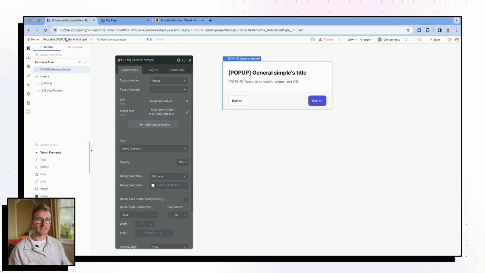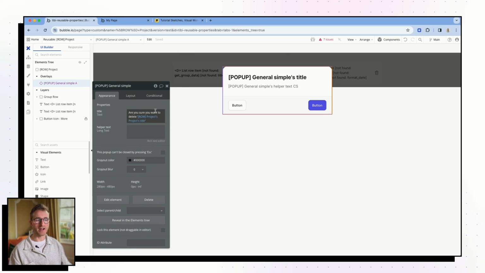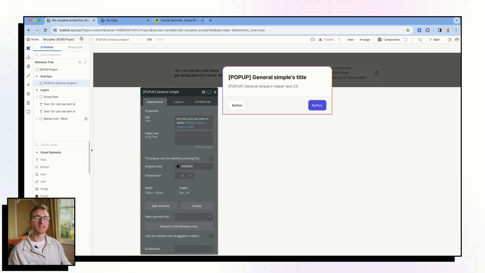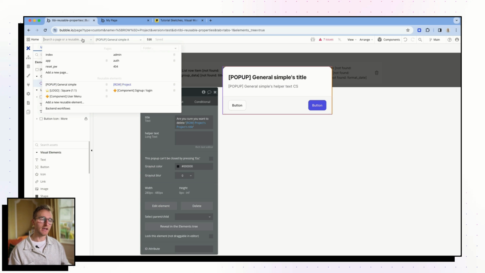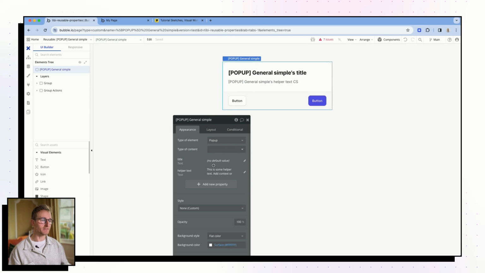And the other reason really is that if you did have your row project here, then as I said, you just define the dynamic value for the thing that you're deleting right there within the property. You don't have to use a custom state at all, right? So that's a little aside, but probably useful context just to think about the different ways that you can solve problems in Bubble.